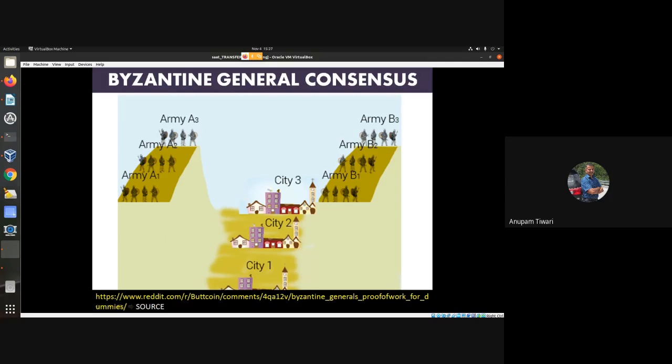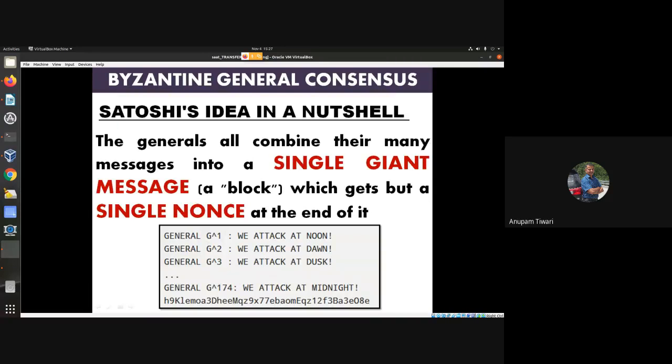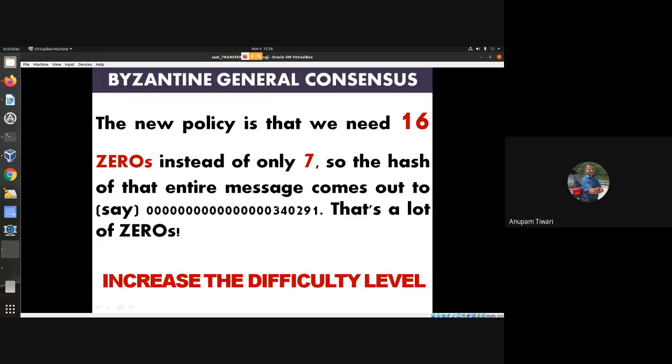Now replicate that into a number of armies and into a number of cities, all doing that same thing. Now Satoshi Nakamoto's idea was that the generals all combine their messages into a single giant message, that is a block, which gets but a single nonce at the end. So all these armies combine their messages into one block and find a single nonce, whatever the armies are fighting against each other, we attack at noon, we attack at dawn, we attack at dusk, whatever, these are kind of transactions,